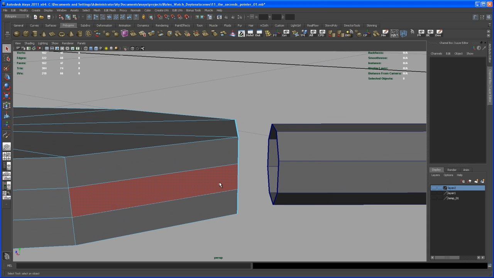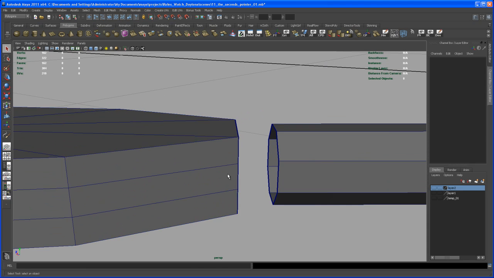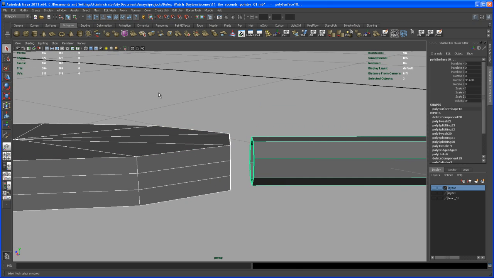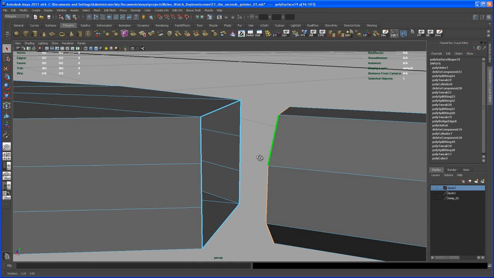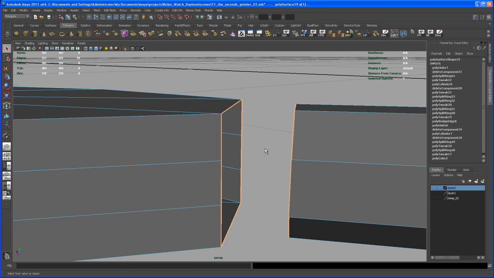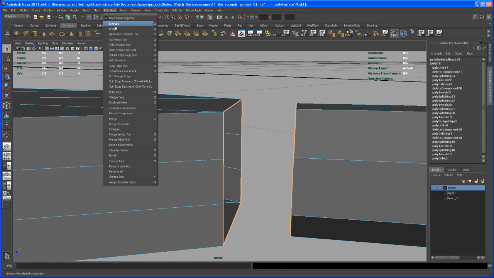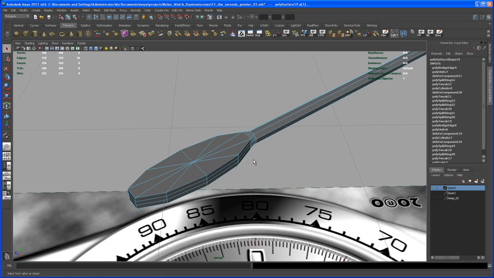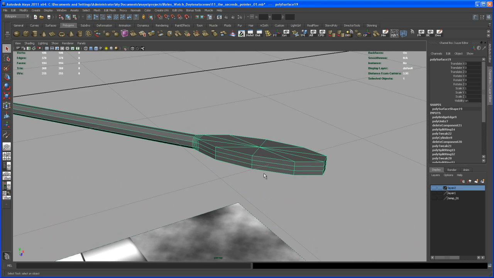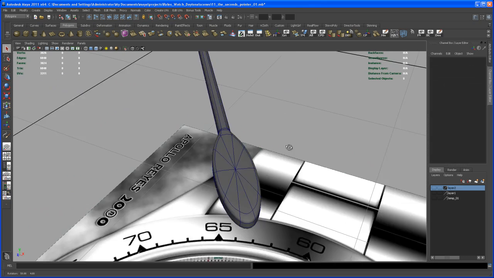Sometimes I'm just talking too much. Okay, so select both of the objects and combine those, and again take this, double click on that border edge, shift double click on this one, and then go to edit mesh and bridge. So now we have a nice transition between the two parts. Let me hit 3 on the keyboard, and yeah,